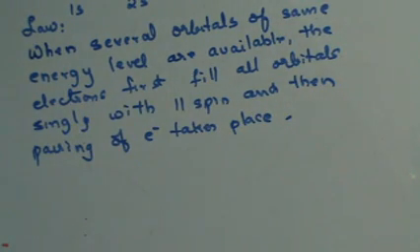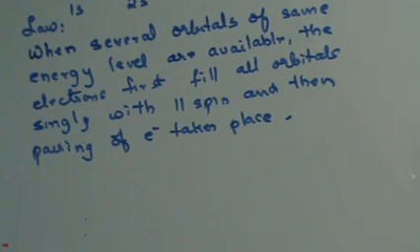That is Hund's maximum multiplicity rule. So Hund's maximum multiplicity rule says that electrons will get filled in a particular orbital in one direction first before they get filled in